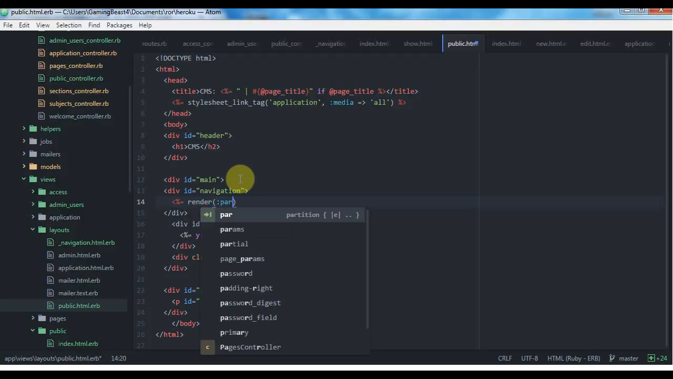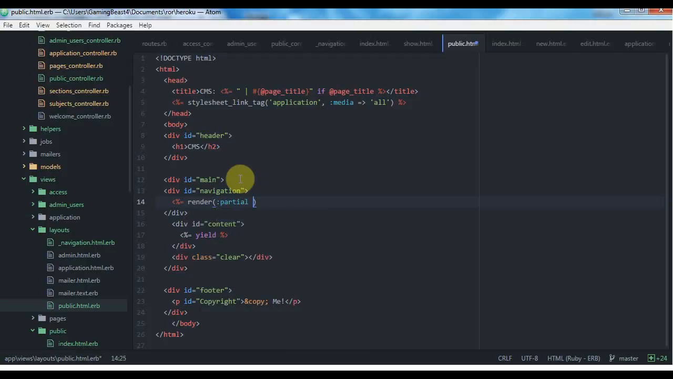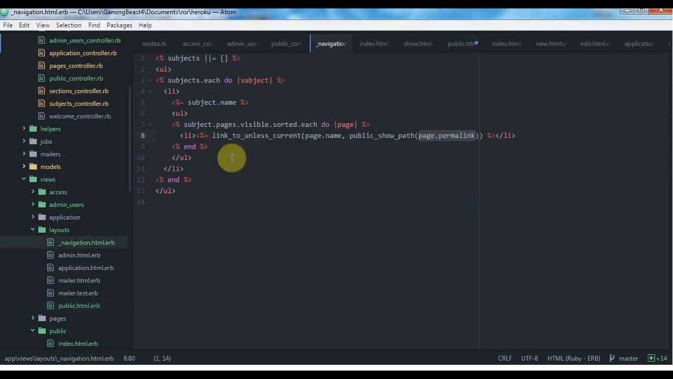What it's going to render is the partial. Then we've got to tell it where the partial is. So layouts, navigation. Right, so inside of layouts, go inside of navigation. That's the partial it's going to use. Now, in here,